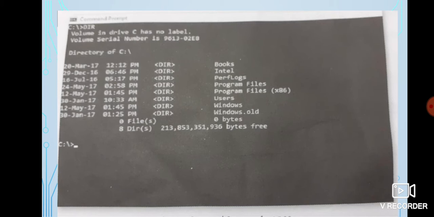A CUI is easy to understand and execute, but it is not user friendly because it is difficult to remember all the required commands.